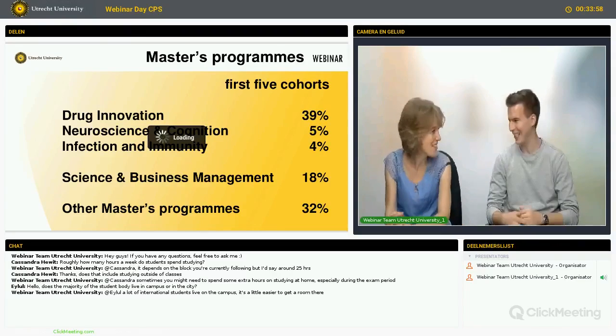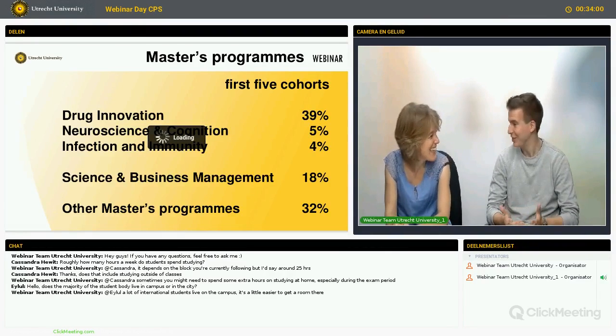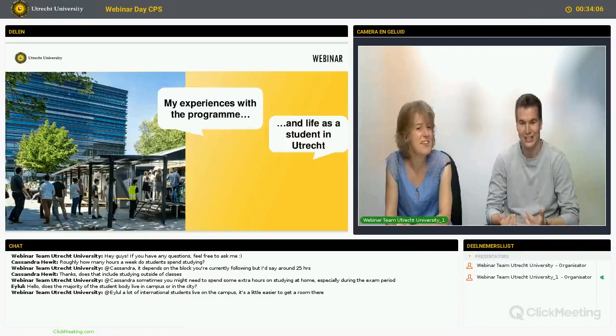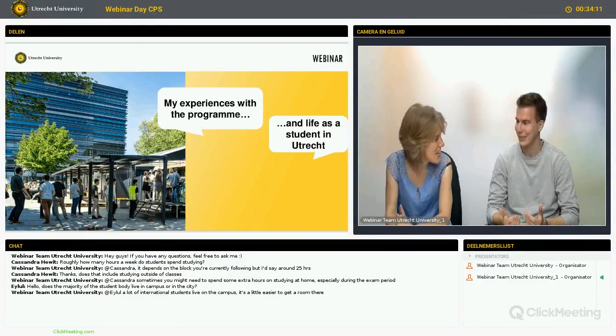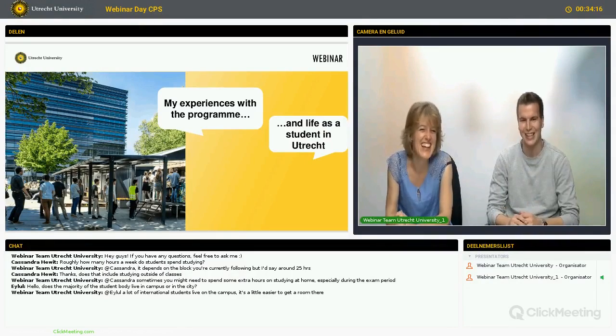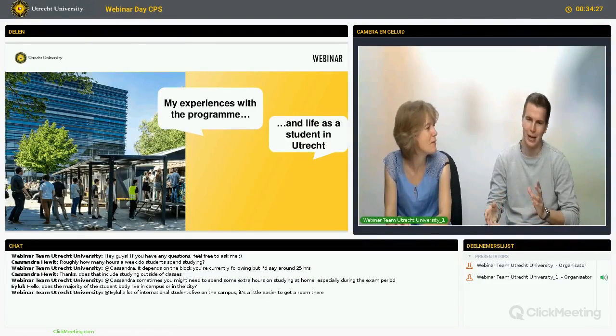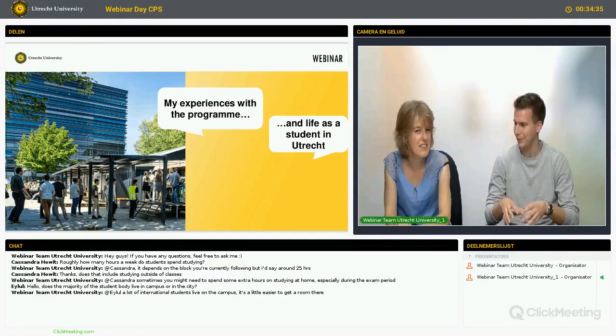So Josh, how is it to study in Utrecht? I've loved it. I think that puts it in quite a nice way, really. Two years on and I'm still here, so that's a good sign. You want to stay here because your master's is here, and then maybe afterwards as well. We'll see. It's definitely a very vibrant city. If you've ever been to Amsterdam, it's similar in that it's pretty, there are canals, and there's something going on everywhere. But it's better than Amsterdam because you have no tourists. It really feels like a city where people live and enjoy, which is obviously a really nice atmosphere to have.